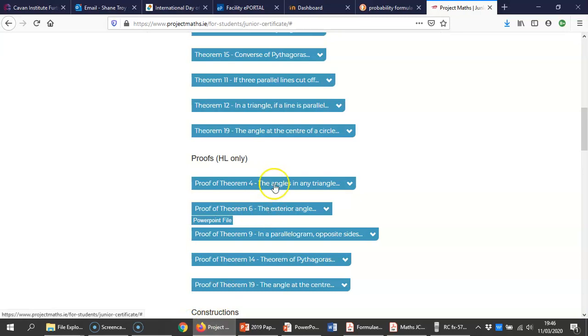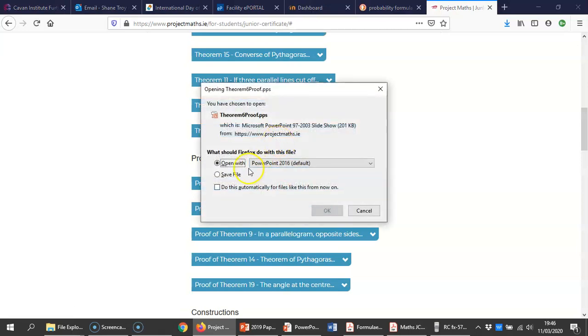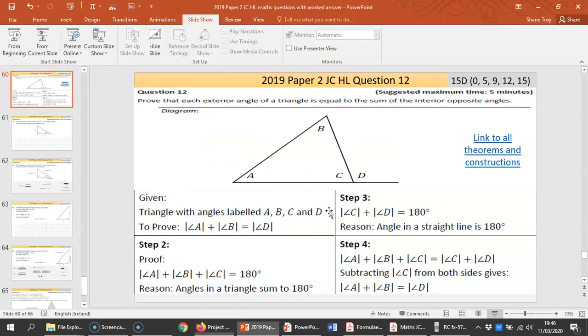No, it should open. Let's see, download. Let's just click on the right buttons, that will help. Once that opens up, it has a PowerPoint going through the different stages. Now, you may not have